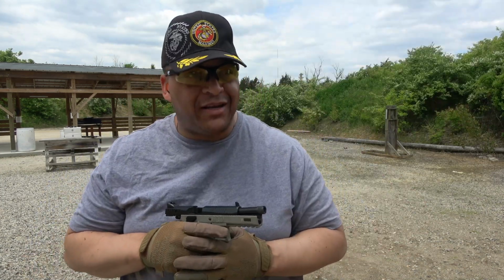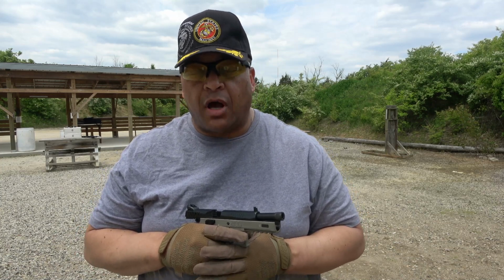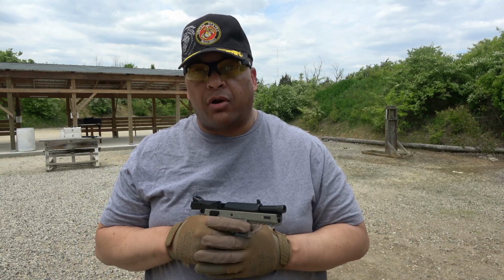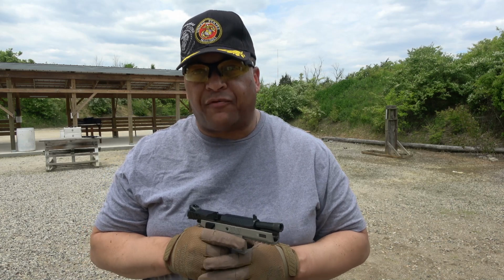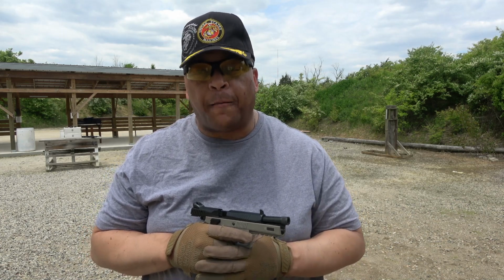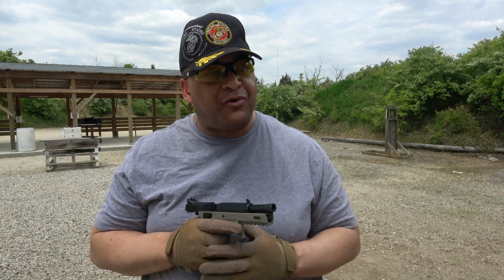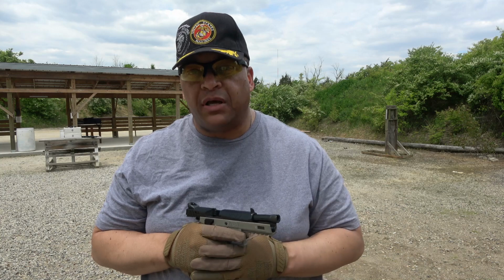Whoa, really nice group downrange across the chronograph. So I'm collecting the group size through the chronograph at the same time. Because I'm trying to be extra careful, as you saw in my 40 Smith & Wesson video, I did shoot the chronograph. So I'm trying to be really, really careful not to let that happen again, but got a really tight group